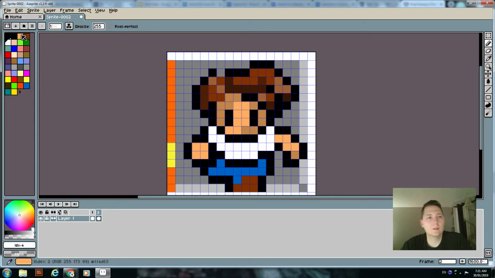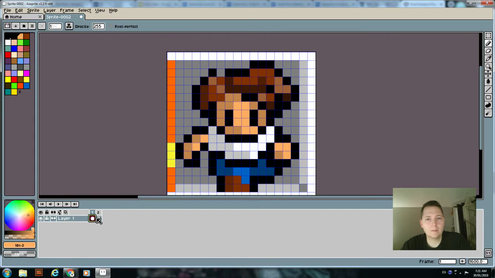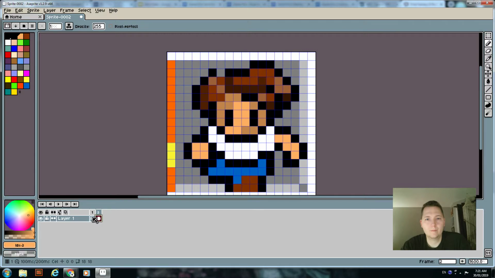So it's basically echoing the same shadow, right? So let's go over there, and then we're just going to use our color picker, make sure that